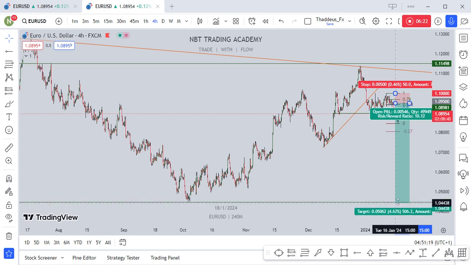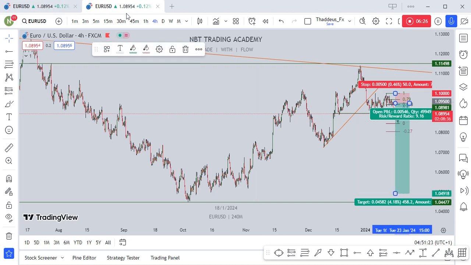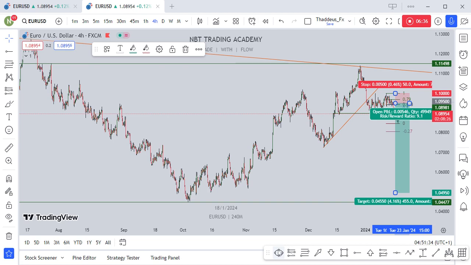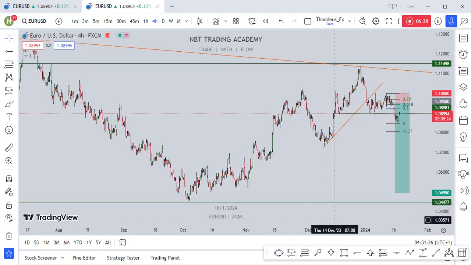You could see 500 pips here, but don't be greedy, guys. Don't be greedy. So I'm going to be going for 450 pips. Let me edit this to 550. And yeah, perfect. So this is basically how I got to anticipate a